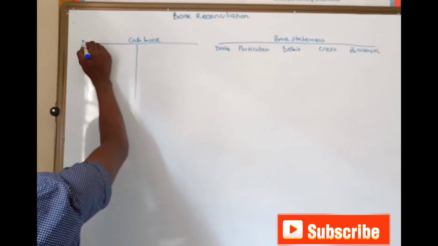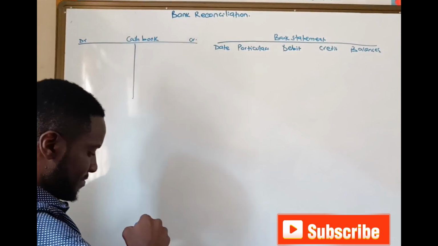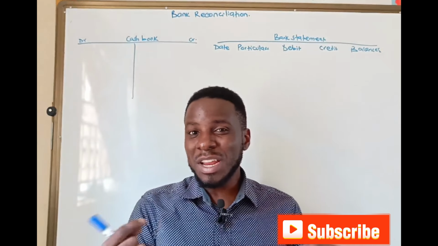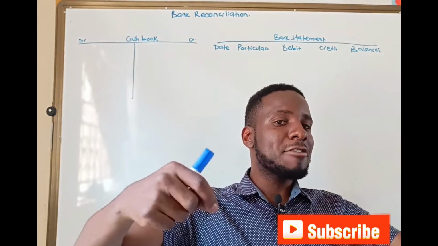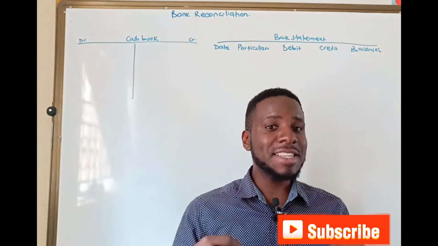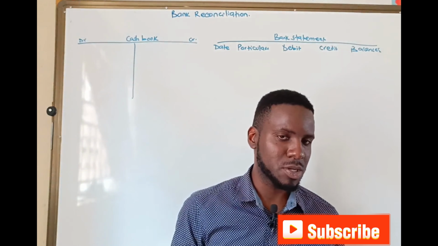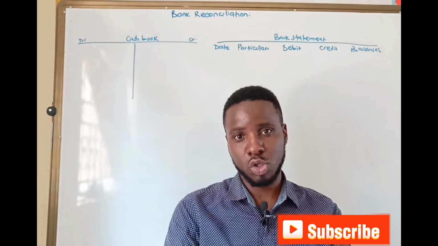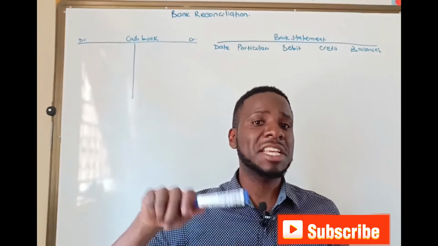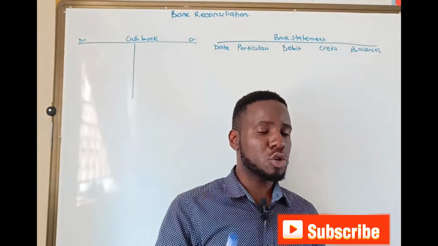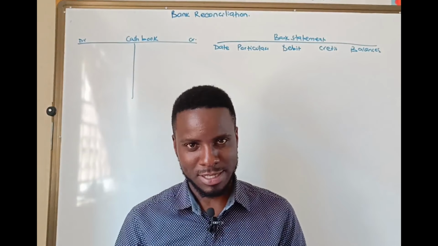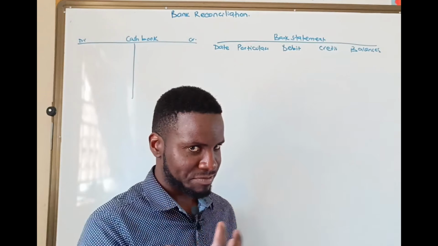Now, this is a disclaimer, and I know it brings about a lot of challenges. Now, when it comes to the bank, if we are receiving money, for example, if we have received a check, for us in our books, in the cash book, we are going to debit it because we are receiving the check. But then, the bank where you're taking that check, the bank is not going to debit your account. No. The bank will credit your account. I know it's causing some bit of challenge here,